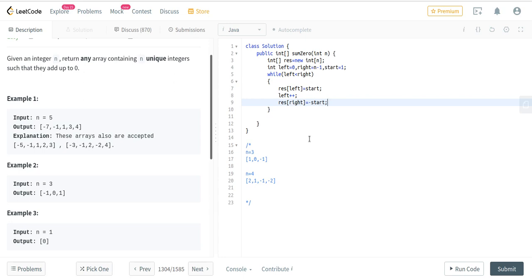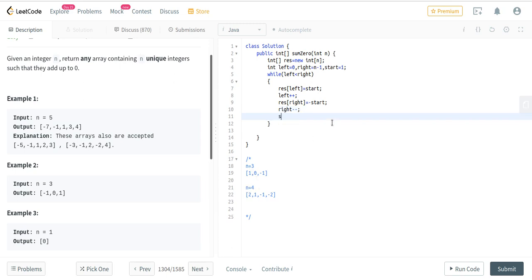As I said earlier, the same number is inserted from the left and from the right as well. The number inserted from the left is positive and on the right it is always negative in our case. Now I'll write right minus minus. Once we've inserted an element on the right, we move one position before it, and in the case of left we move one position after it.